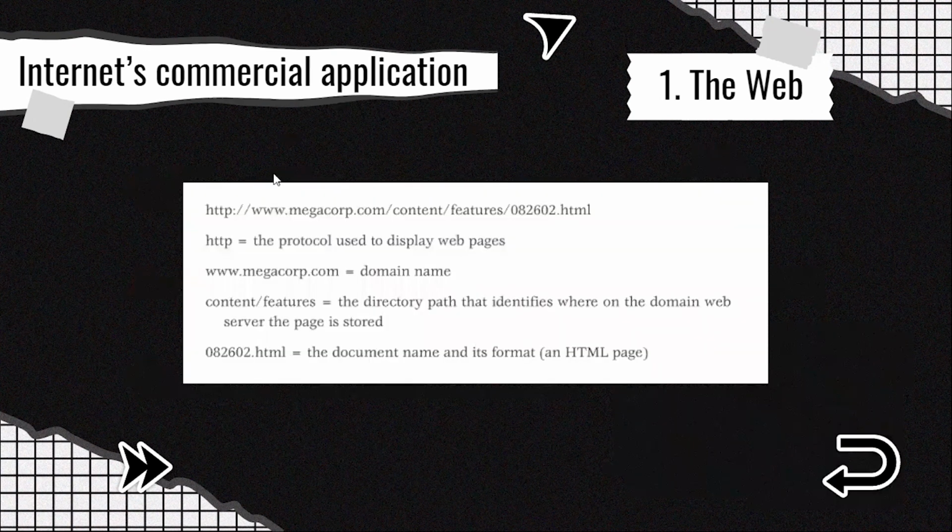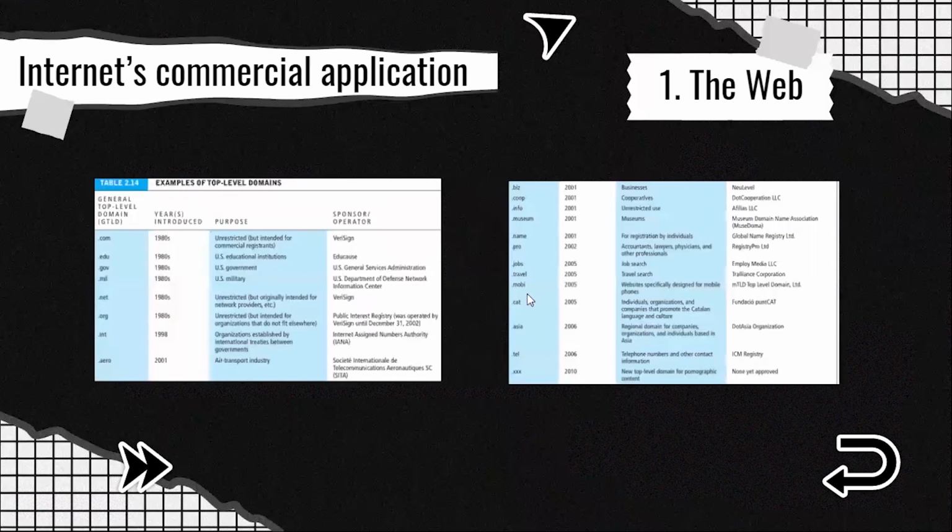So, as you can see here, this is the format of a website. You can see the domain name, the name of the website, www, and the HTML afterwards. And some of the top level domains involve things like .com, .edu, .gov, etc. These are things that you see daily, but you just kind of take for granted because it's just the way it is. Understand?